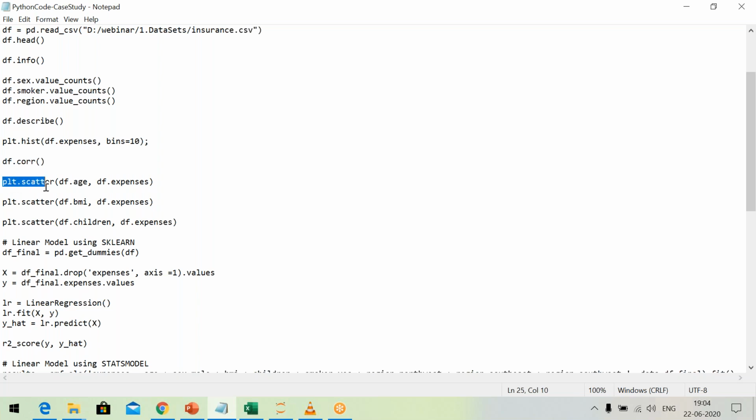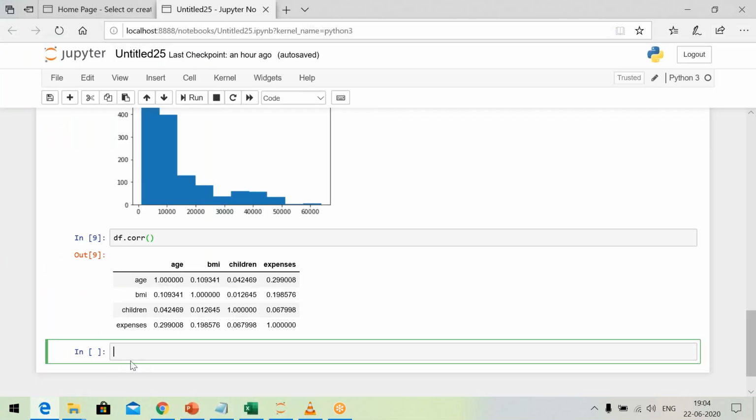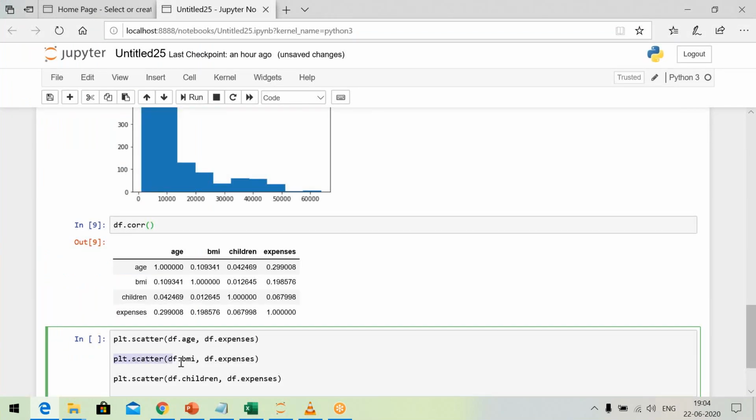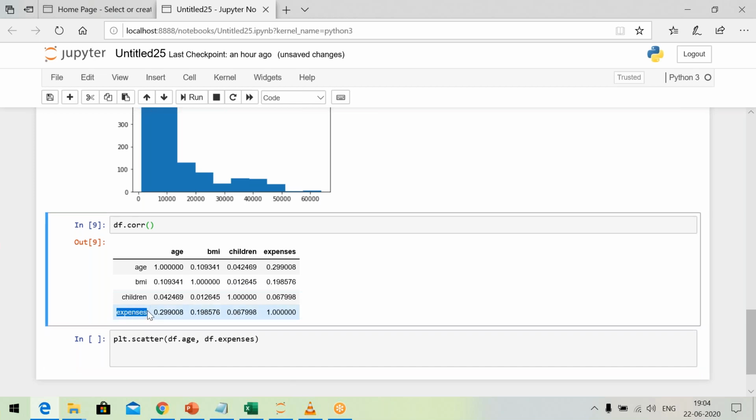Now we are exploring the data. We are exploring the data to have an idea, to get some insights. Now we are going to draw a diagram known as scatter diagram, right? Here I have told you again and again that we are interested in this variable because we want to predict only this one. So we always want to know how this variable is related to other variables.